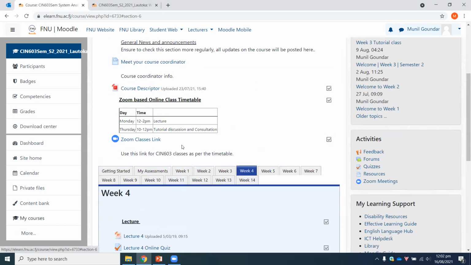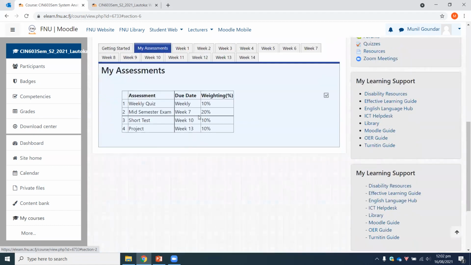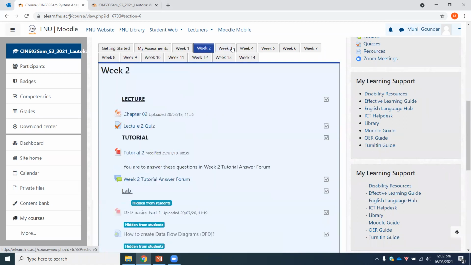Okay, moreover, some more things to note is that your mid-semester exam is coming up within 3 weeks' time. This is week 4, week 5, week 6. That means you have only 2 more weeks to prepare, and in week 7 your mid-semester quiz will be up on Moodle. Furthermore, just a reminder, your lecture quizzes, which are based on each and every lecture, lecture 1, lecture 2, lecture